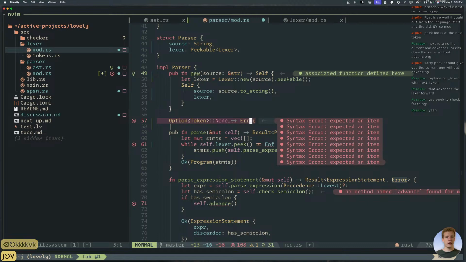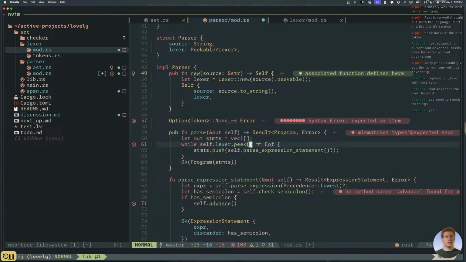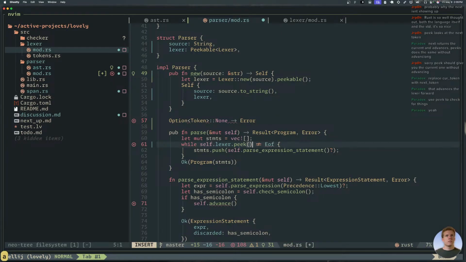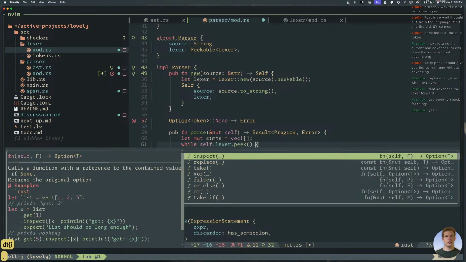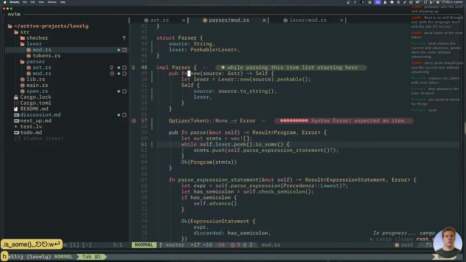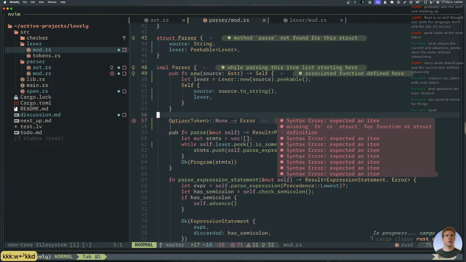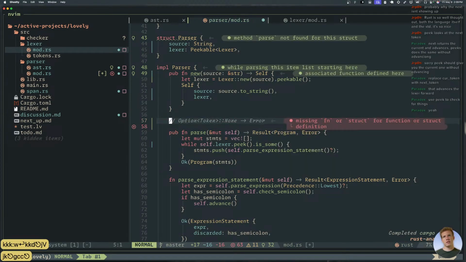I don't know if there is. I've never done it. I know you can turn one error type into another error type, but could I turn an option into an error so that I could question mark chain on these peeks that return optionals? Although in this particular case, I really should just do this. But generally speaking, I'm going to want something like this.